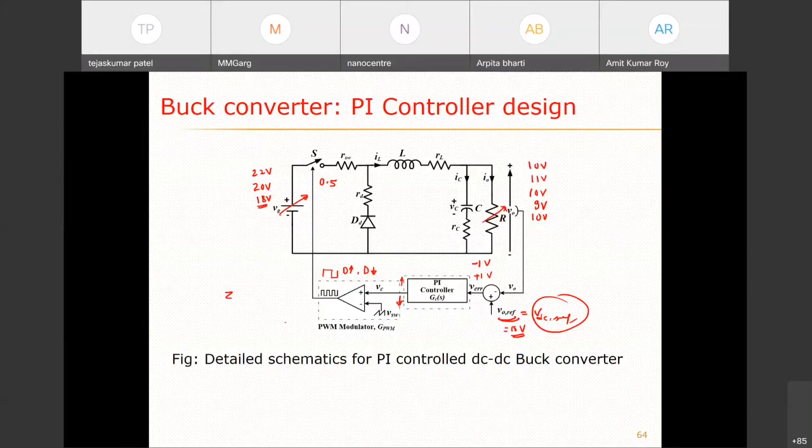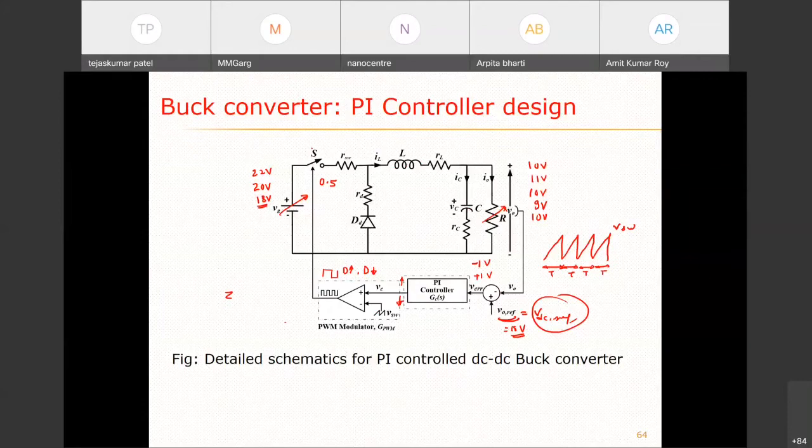It means this controller should take care of all these things, right? This may be any controller. What we do is take the actual voltage, compare it with the reference, and an error is generated. That error is processed in a certain kind of controller. We have taken the first controller to be a PI controller. Then this control signal, the control voltage, is generated. Now this control voltage is compared with the sawtooth waveform.